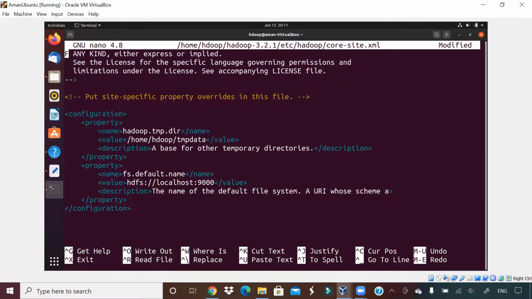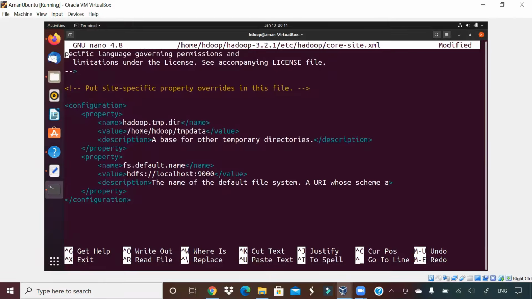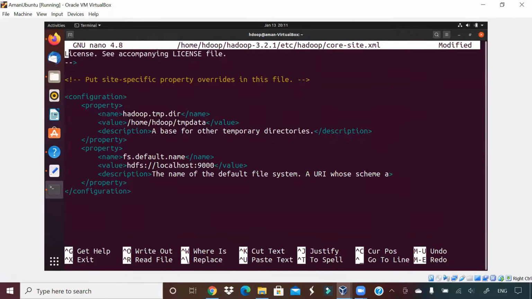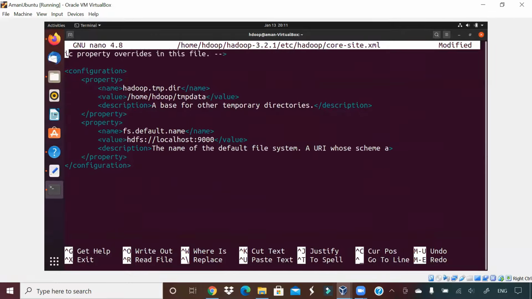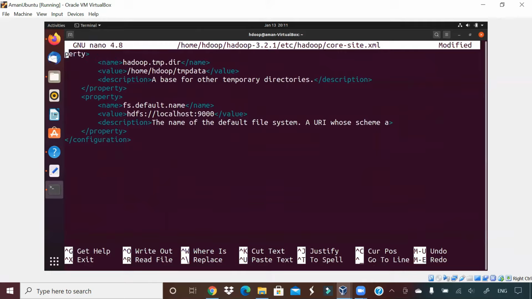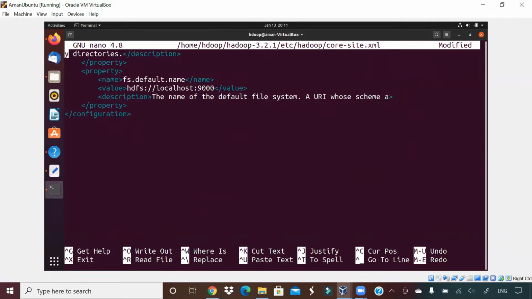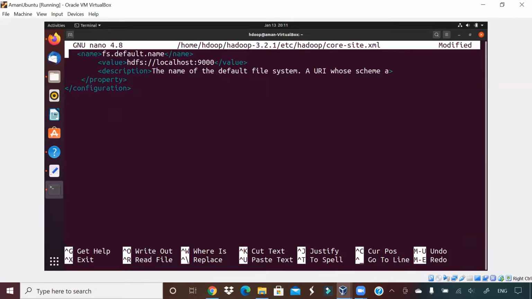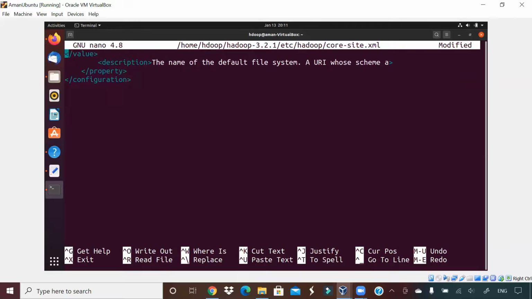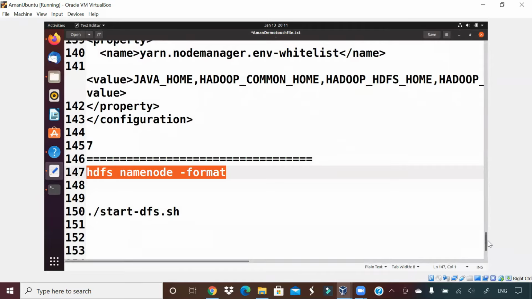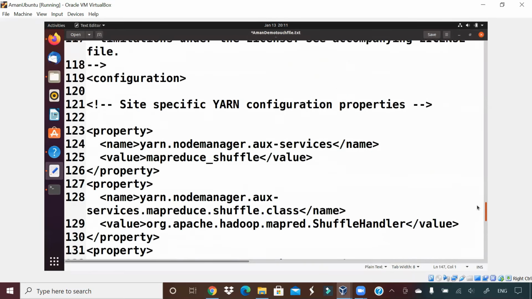Let me remove everything. There might be some indentation or some bracket issue, something. So what should go in core-site.xml should be here with me.